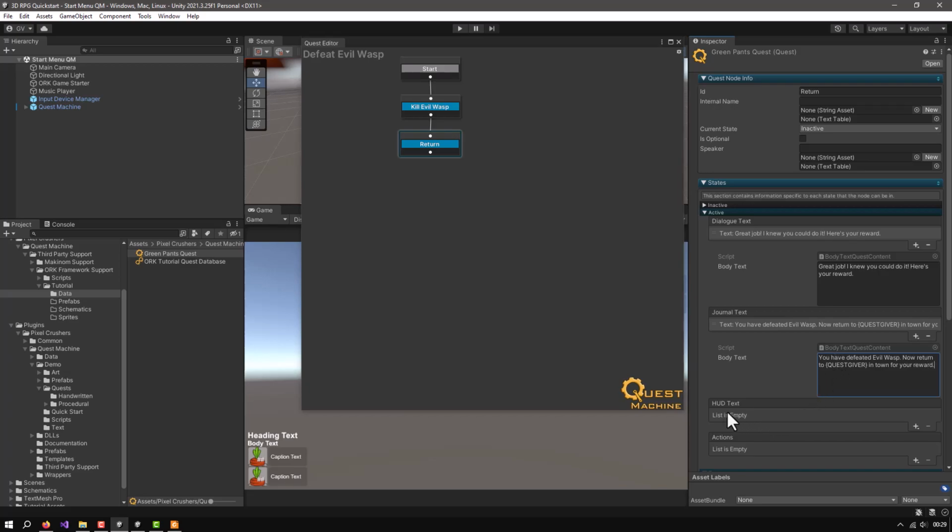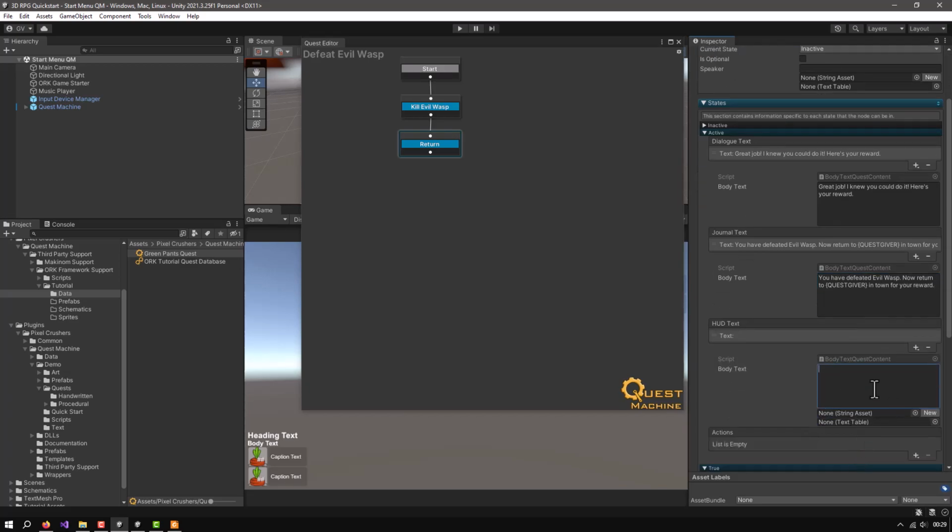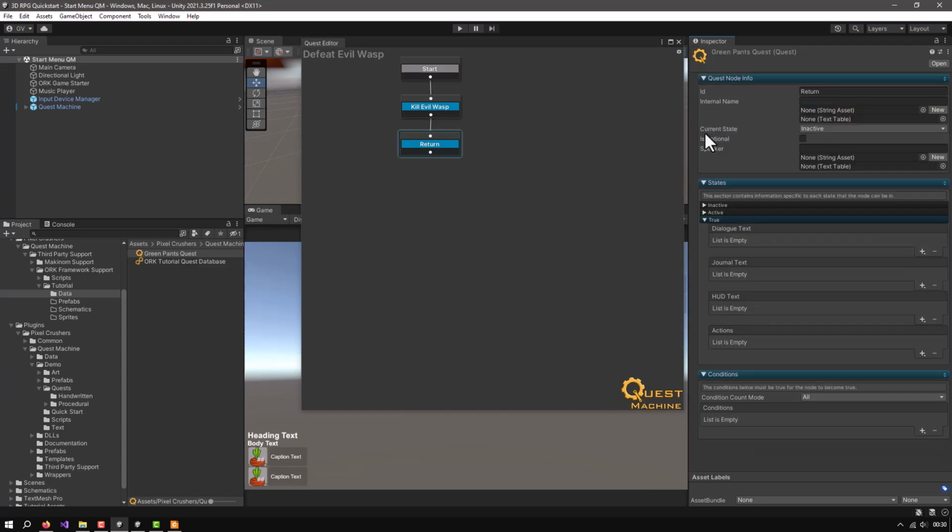And for the hot text, let's add another body text, and here we can set it to talk to quest giver. There we go. Let's collapse the active section, and now in the actions for the true subsection,